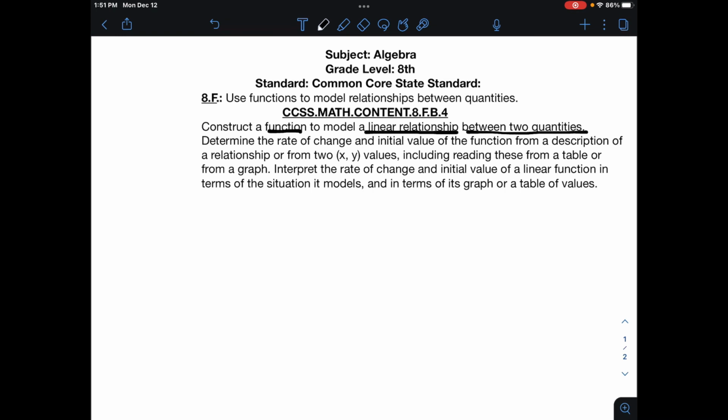Then we will look at rate of change and initial value of a function. And if time allows it, we will go ahead and look at a table and a graph so we can